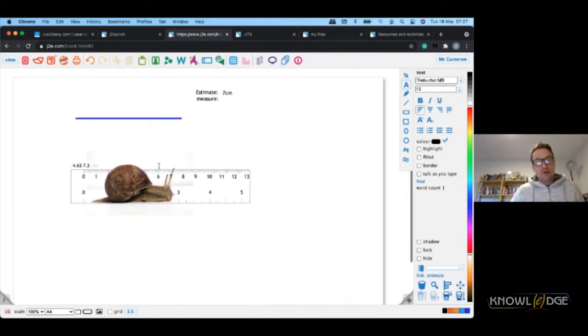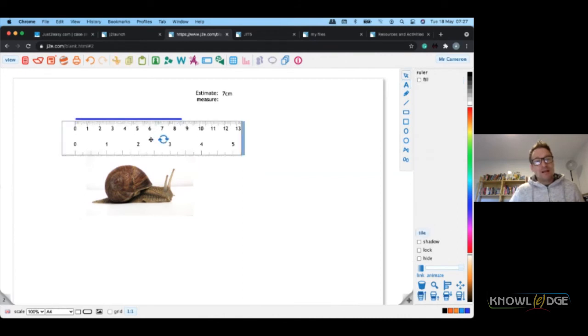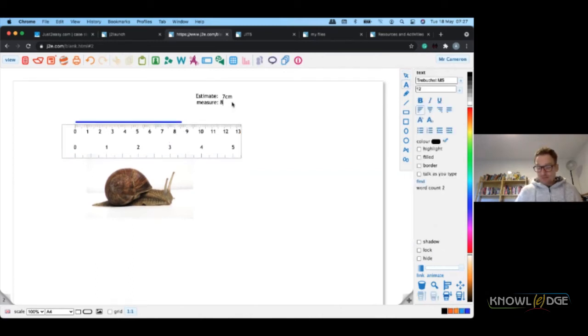I could then measure, and then put the ruler up to the line, put the 0 at the beginning of the line, and then measure that. I'm measuring it, and it looks like 8.5 centimeters. And then one interesting feature of Just2Easy is that it will tell you the actual lengths of anything that you put on the page.